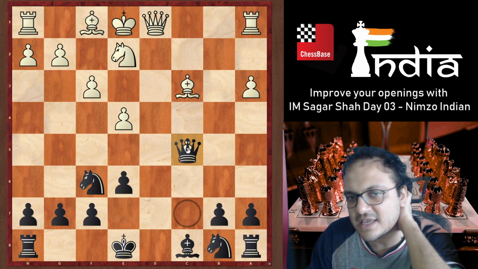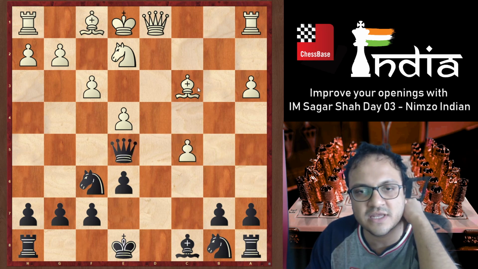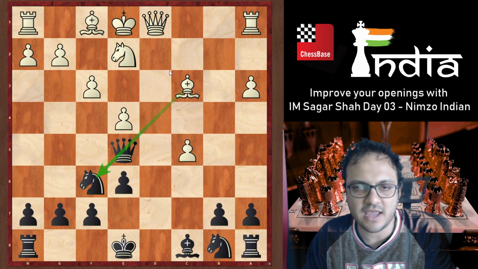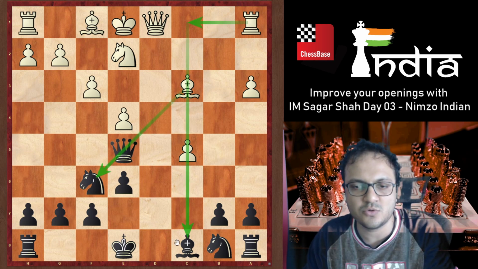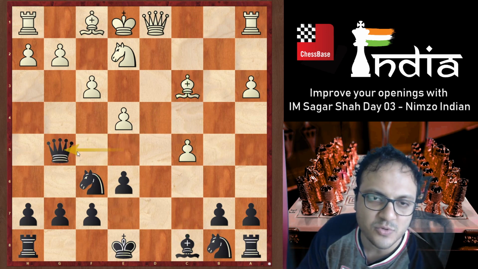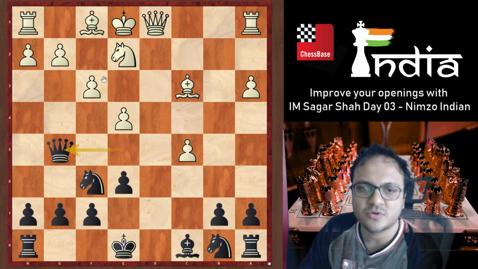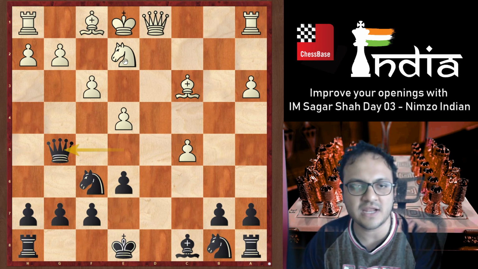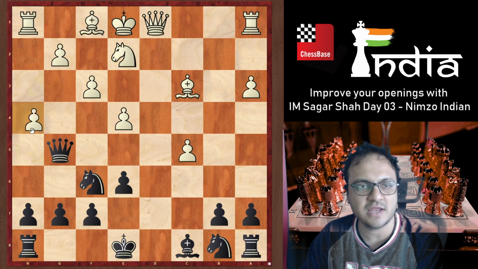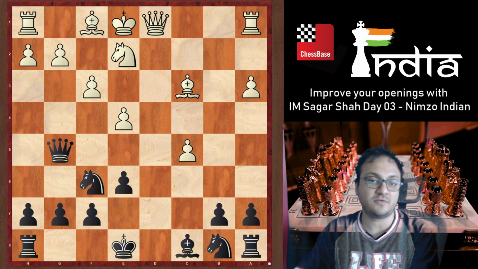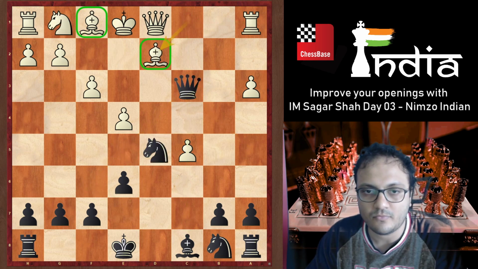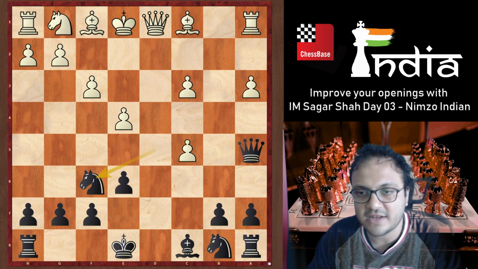I don't even like taking this pawn on c5, because then maybe just take and rook c1 and you are losing material. So queen g5 is possible, and then you can think of some ideas here, like first of all queen d6 is possible, h4 can be an idea, and lot of different things for white. So knight f6,